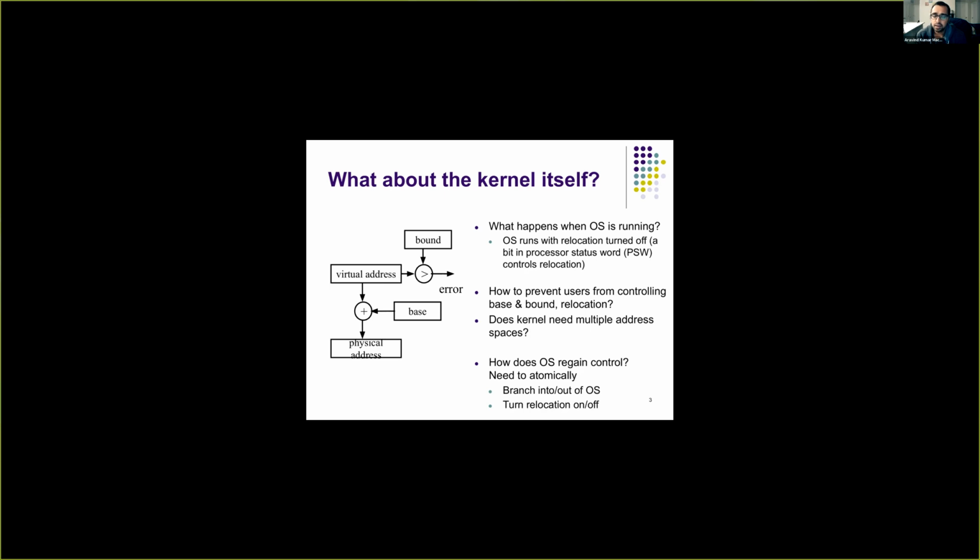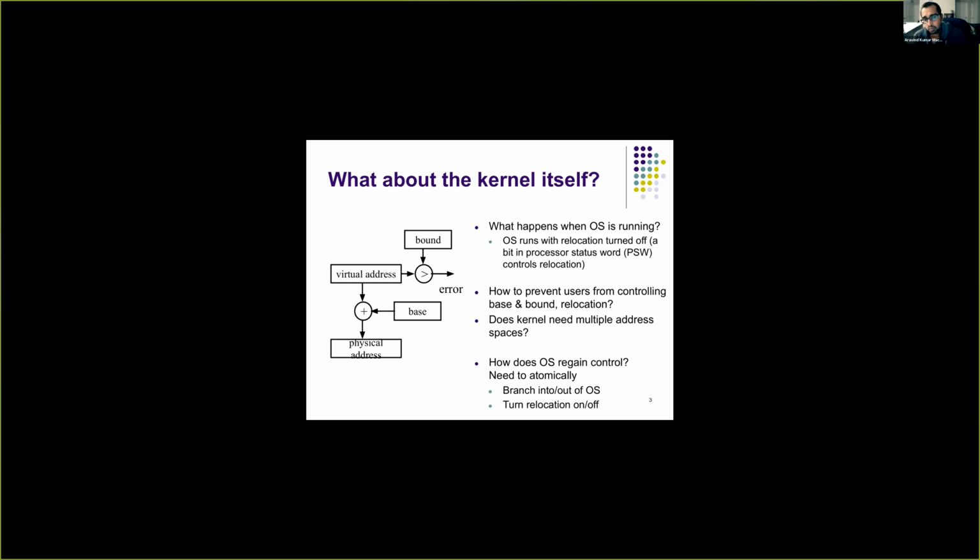Basically, there is a bit in the processor, in the process status register, that controls the relocation. So when the OS is running, the operating system turns off or resets the bit, makes the bit zero, so that relocation, or rather dynamic address translation, doesn't occur. Okay, and the operating system also needs to make sure that